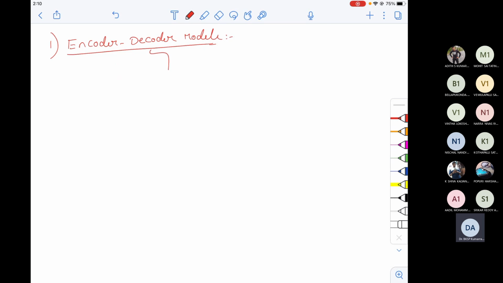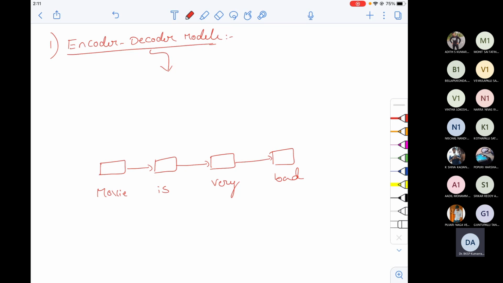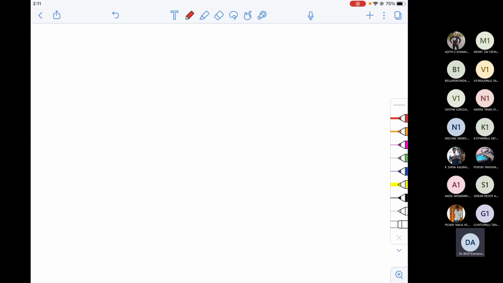One of the RNN applications that we have seen is sentiment analysis. Now let us take a sample example. Some inputs I have: Movie is very bad. Now I will have these connections as part of my RNN. This is state S1, this is state S2, this is state S3, this is state S4. And I also will have